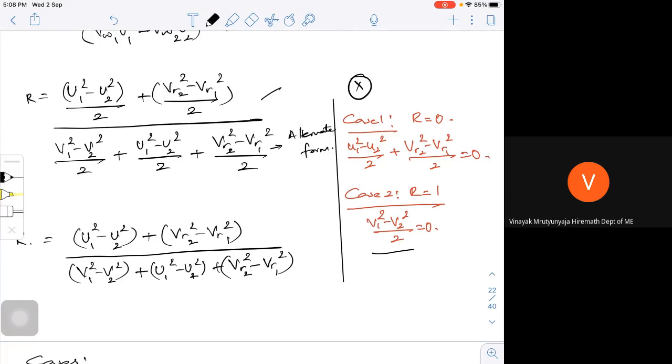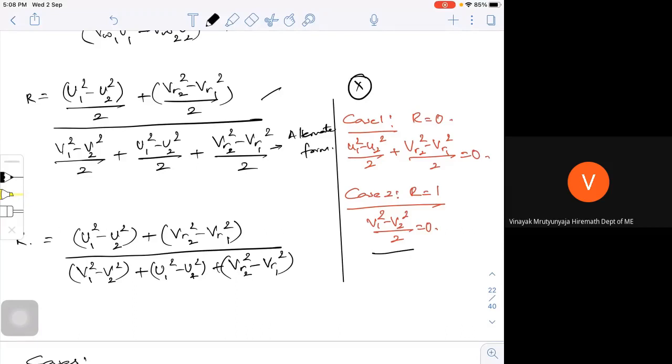What do you mean by R is equal to 0? And what do you mean by R is equal to 1? R is equal to 0 means I don't have any static energy, enthalpy change or static energy. So everything is kinetic energy. So all your impulse machines like the Pelton wheel or De Laval turbine, what we see in steam turbines actually, those turbines work as impulse or tangential machines.